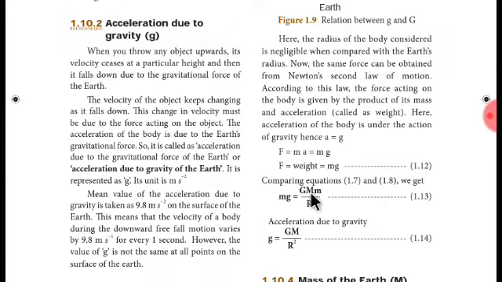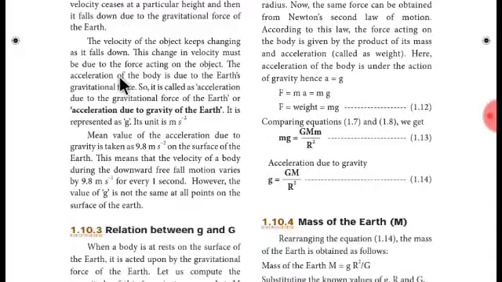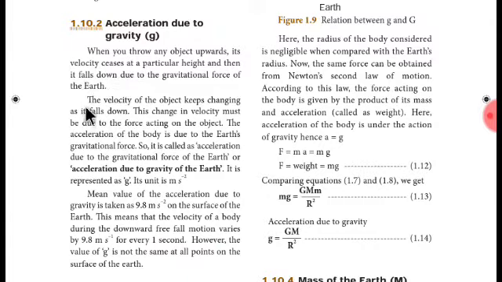And this acceleration from 0 to some point is done by gravity, and that gravity is called small g, and this small g is not a force, it's an acceleration. Okay, the velocity of the object keeps changing as it falls down. This change in velocity must be due to the force acting on the object. So what is that force acting on the object? Gravitational force,